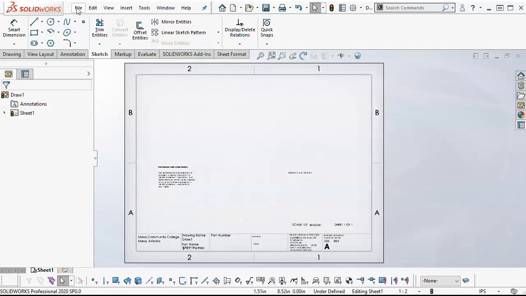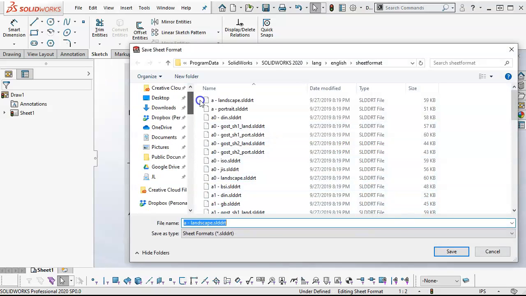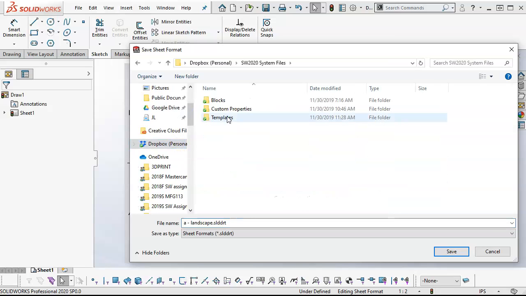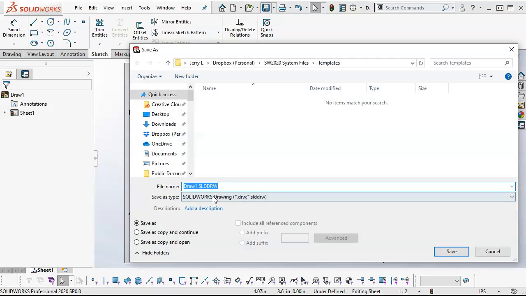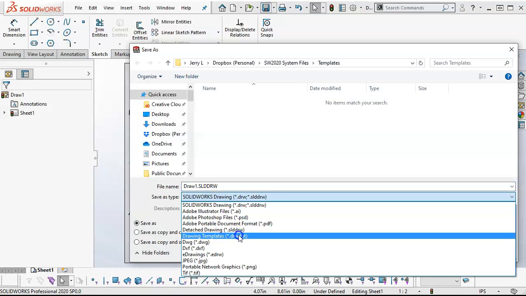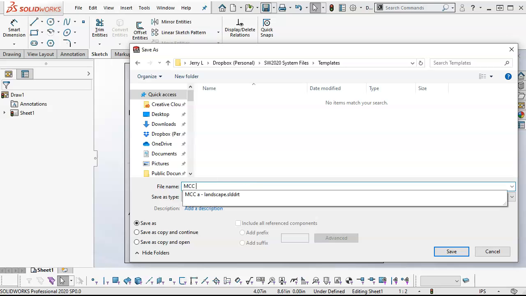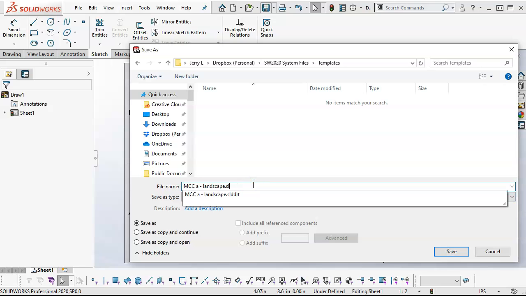And let's go ahead and save the sheet format again, just in case. And it's always going to default back to that one, to the system files. And we'll let it replace it. And then when I do the save, this is going to be the drawing template. So the drawing template is what shows up under the new. And since I called it MCC A land, I'll add that in there and just get rid of the file extension